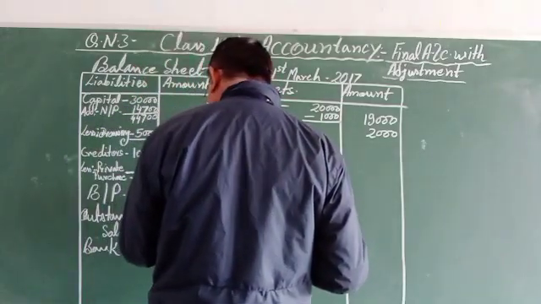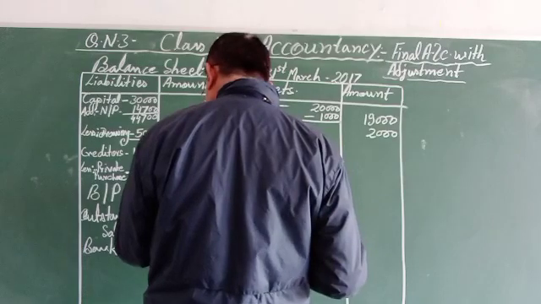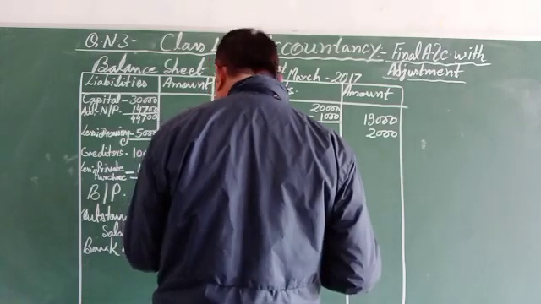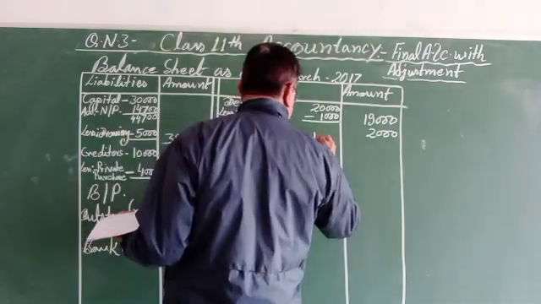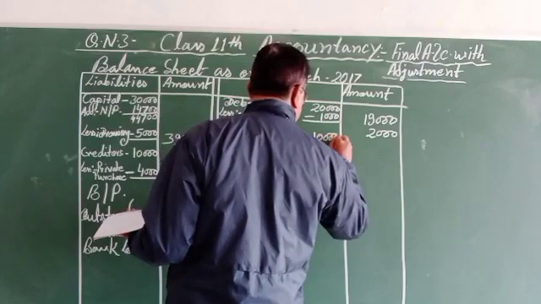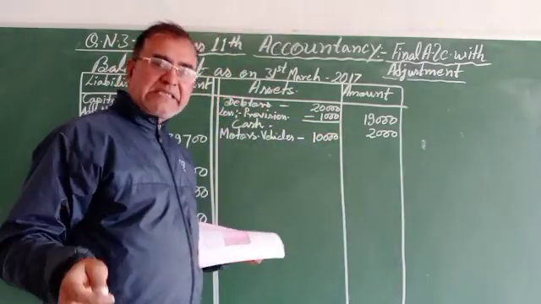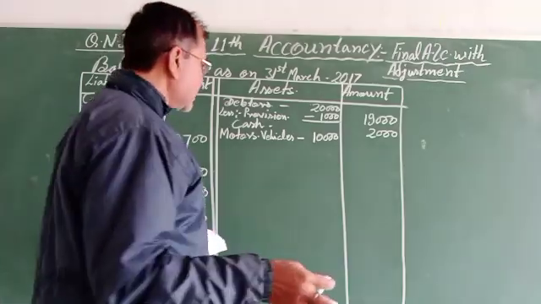Motor vehicles amount is given as 10,000, so we can write 10,000 inside, and whatever the depreciation made for the vehicles